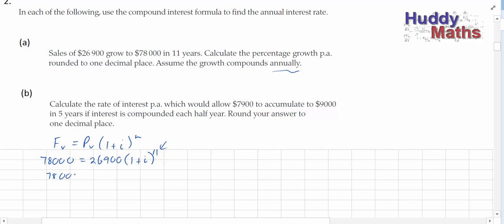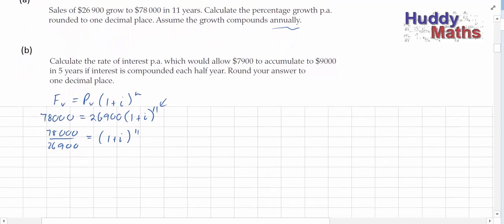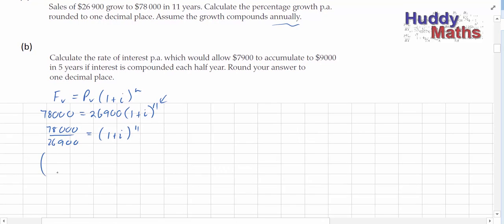If we rearrange this over here now, we're going to have 1 plus I to the 11th. And so therefore, if we bring it to 780 over 269, get rid of those zeros on the end, to the 1/11th, do you get that? If I find the 11th root of both sides, I will bring it back to 1 plus I. If I do this on the calculator now, I get 1.1016 equals 1 plus I. Take away 1, I get